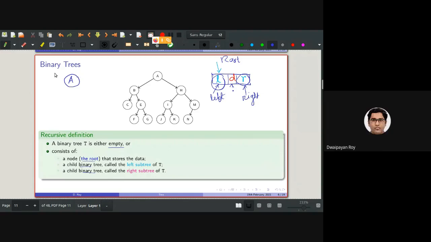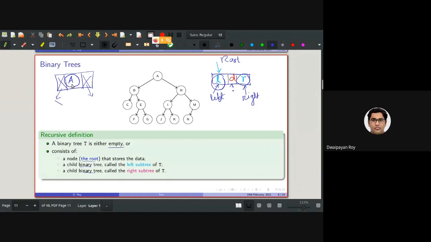If I draw a node around it, let's consider that the node will be having three things to store: the data, the left and the right. Here the left and the right are containing null. So this is the root node and this is the data, and this is also a binary tree, this is also a binary tree which is pointing to null. So this is actually a binary tree.